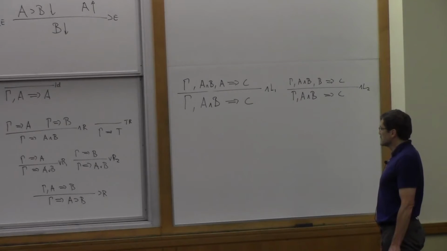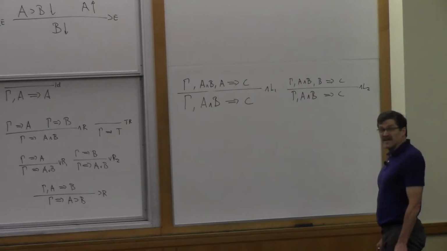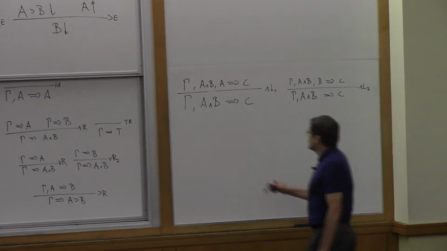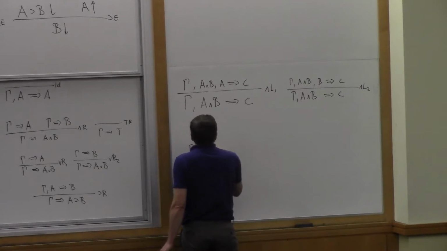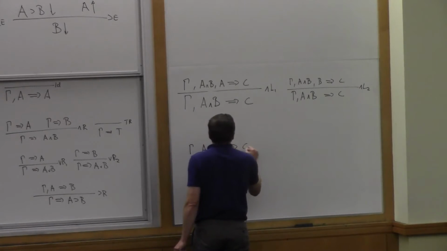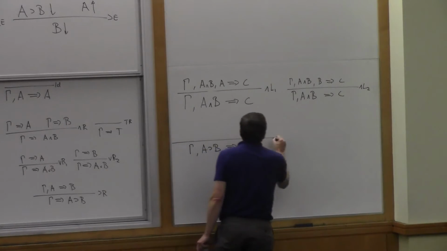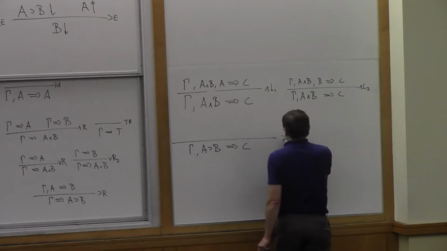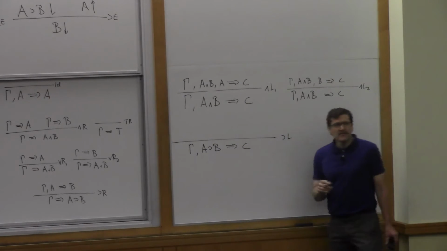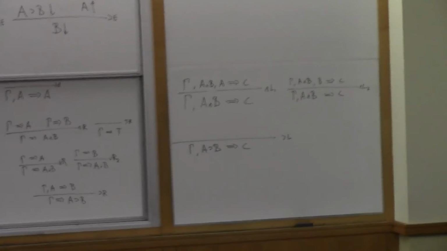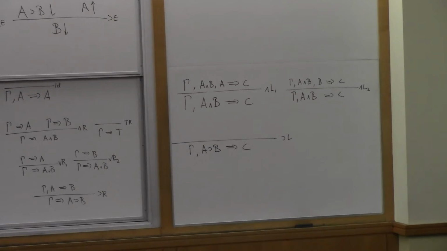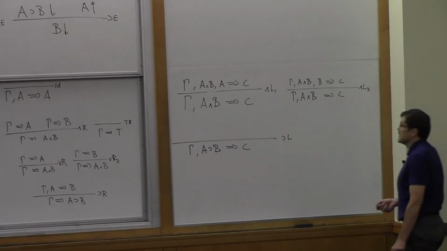What rule do we want next? Implication, maybe? All right. I'm in gamma and I know A implies B, and I'm trying to prove C. How do I do that? So this would be the implication left rule. How do I use the assumption A implies B? Now we have to look at the arrows there. I apply implication elimination, right? Okay. How do I apply implication elimination?